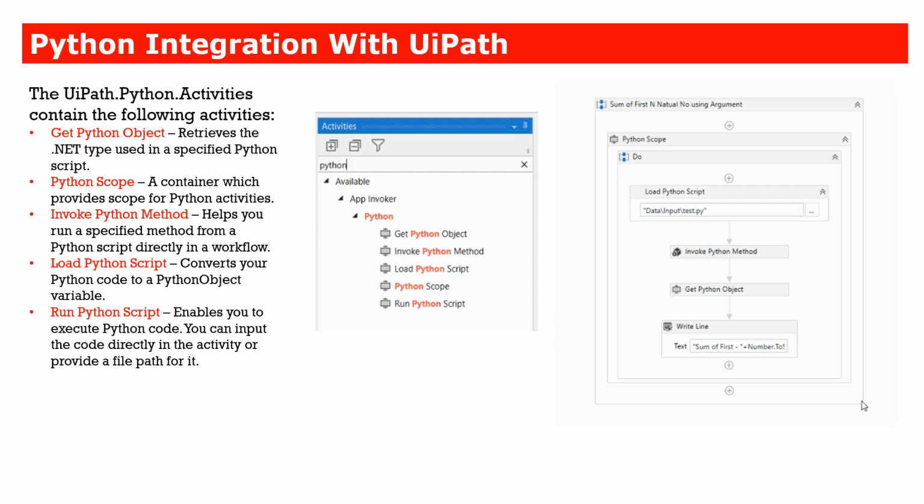So let me explain how this works. To work with Python integration in UiPath, you need to use the activities provided by the Python package. The first activity that you need to use is the Python Scope, quite obviously, because it provides a container. When I say container, it gives you a lot of libraries and similar things.